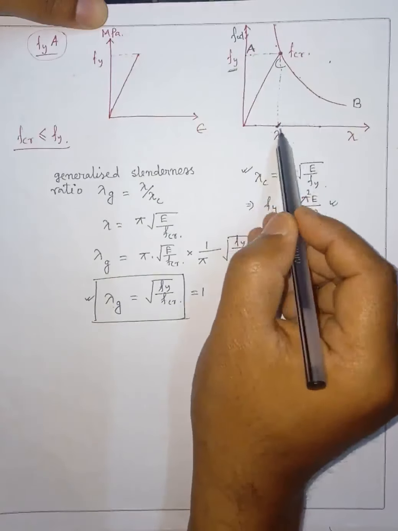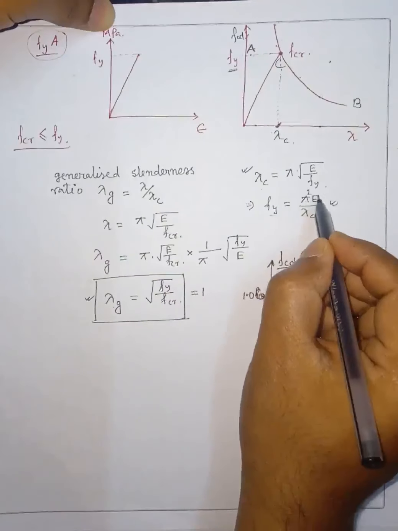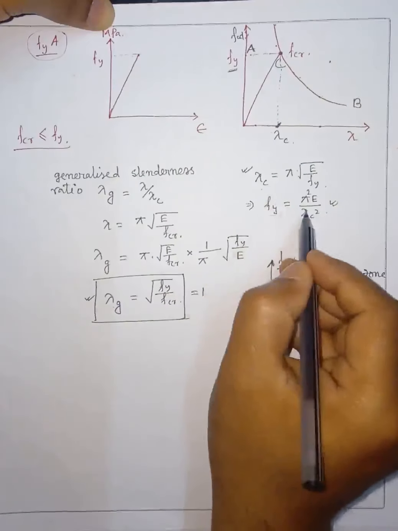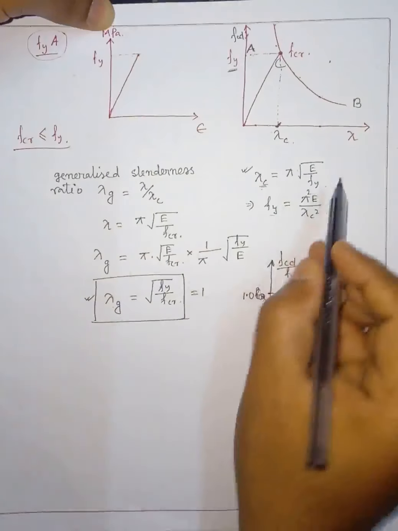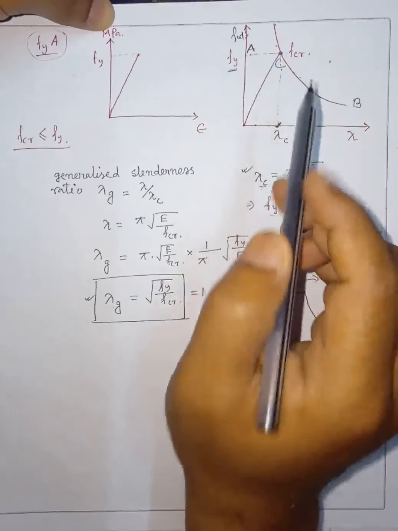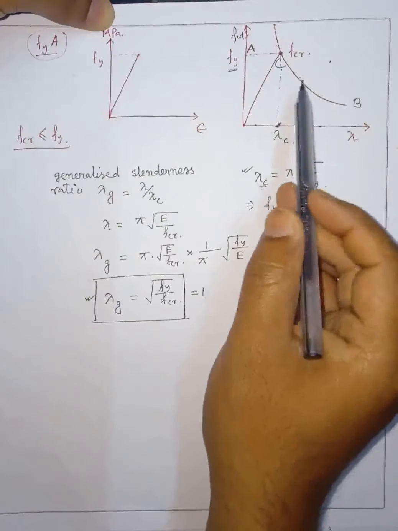So at this lambda c, the stress is equal to pi square E I by lambda square. So for this point, this stress is equal to Fy. So Fy is equal to pi square E by lambda c square for this point. Okay, so from this equation we can write this lambda c is equal to this. So now this curve basically gives the strength of a compression member in all cases, okay, when the column is axially loaded. Now in this case everything is dimensional.